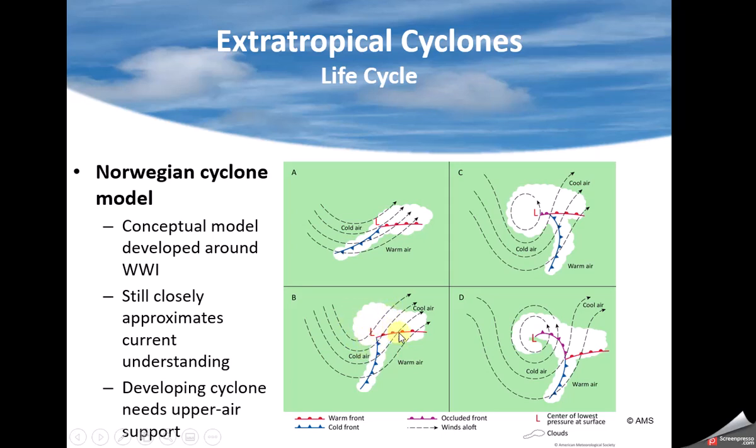And the clouds start looking a little bit like a comma, don't they? And with time, they actually do form a comma head. And eventually, you can see here there's a large occlusion. What happened here is that this cold front overtook this warm front and formed an occluded front. Now, where this new warm front is, down here, many times a new low pressure may develop there and move up.